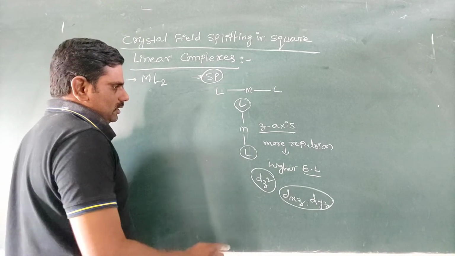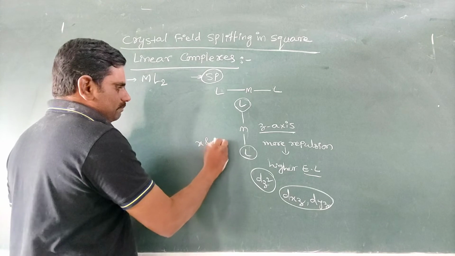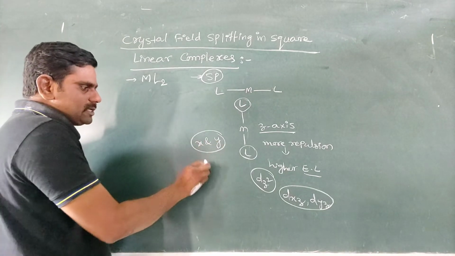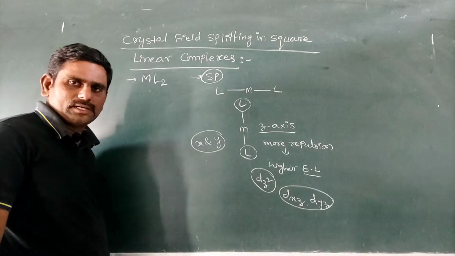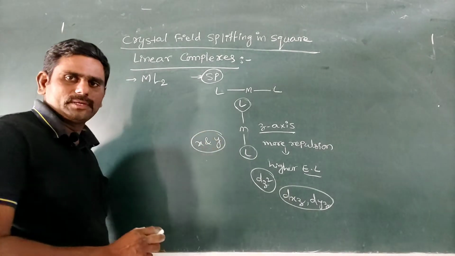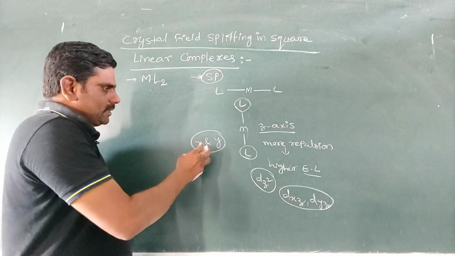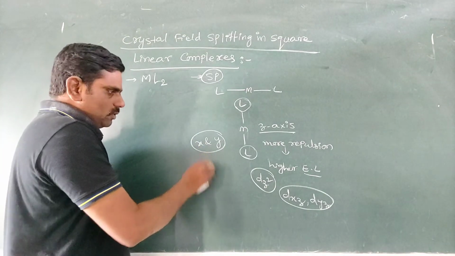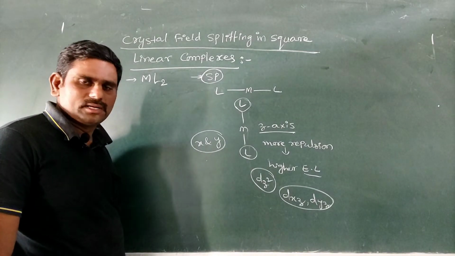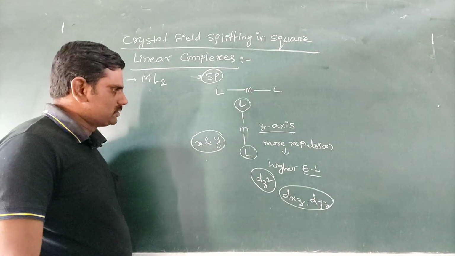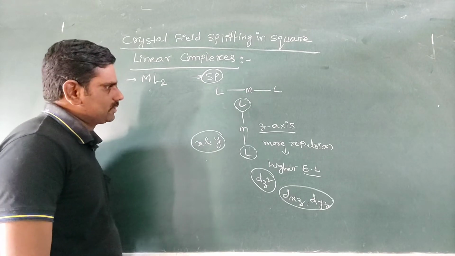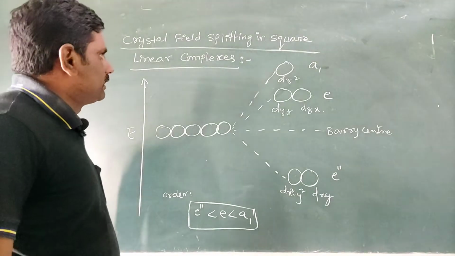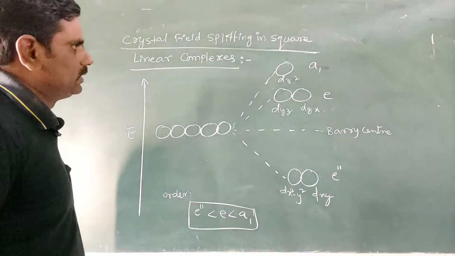And the rest, the x and y component orbitals, irrespective of the orientation of orbitals, it means they may be present along the axis or in between the axis, are going to a lower energy level and are the same in energy, because no ligand is approaching through the x and y axis. Now we will observe the splitting in linear complex. So the splitting of linear complex should be like this.